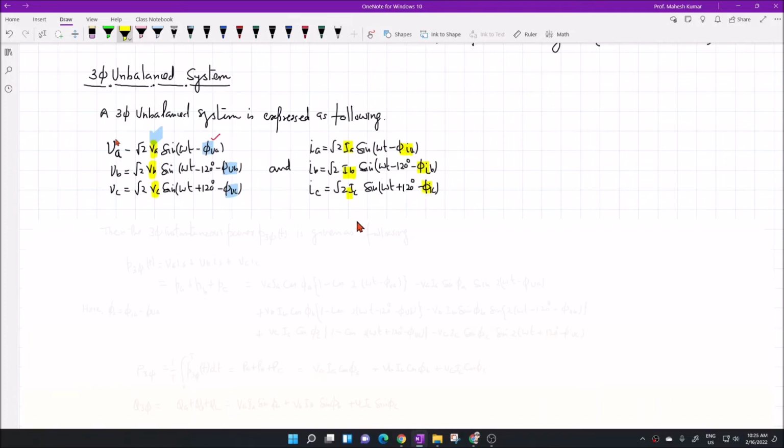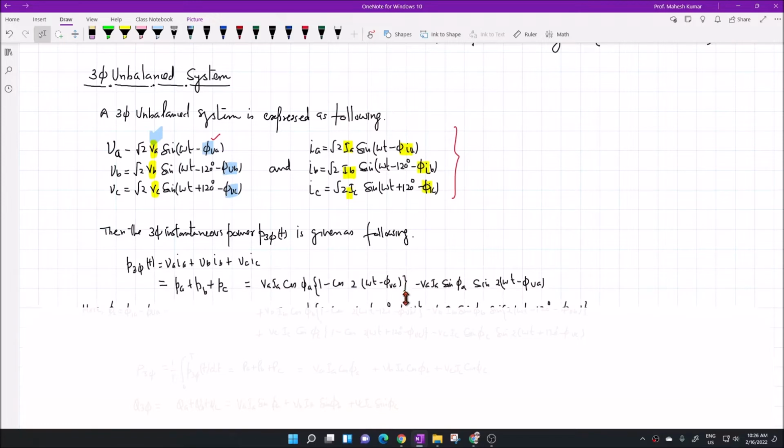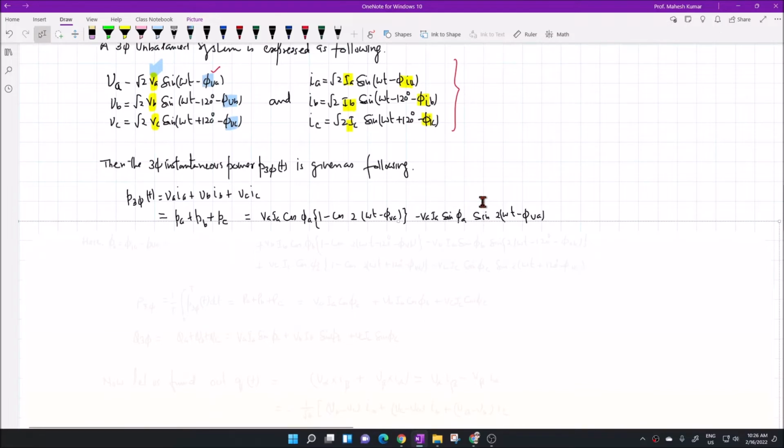This is the most generalized case for a three-phase system with fundamental unbalance. There is one more case when we have harmonics as well, for balanced as well as for unbalanced. So let us first focus on this, then we can take harmonics later on. Now for this system, you will ask the same question: what are the various power components, how do we define them, and how do we interpret their meaning. So we will start with the simplest, that is called instantaneous power or three-phase instantaneous power.